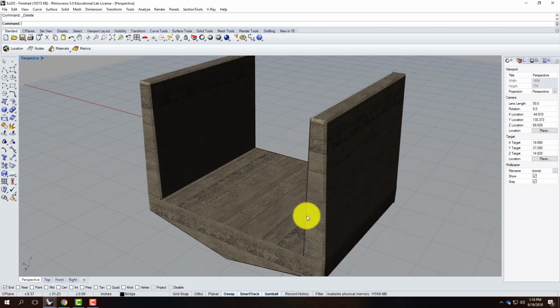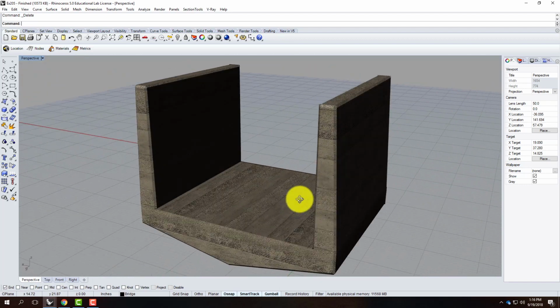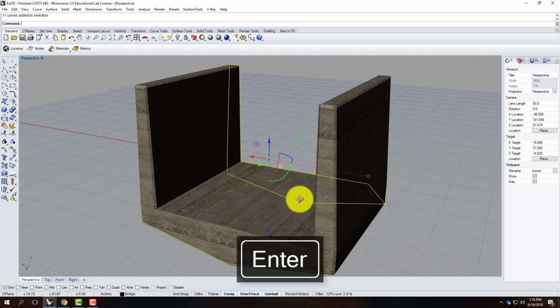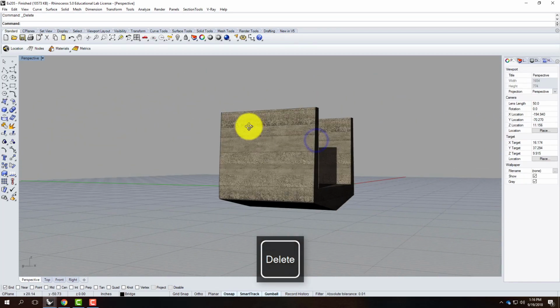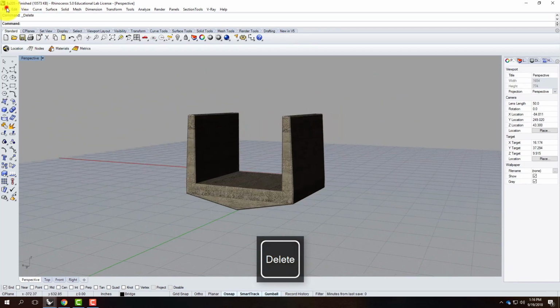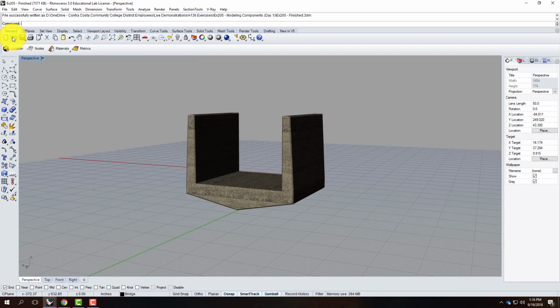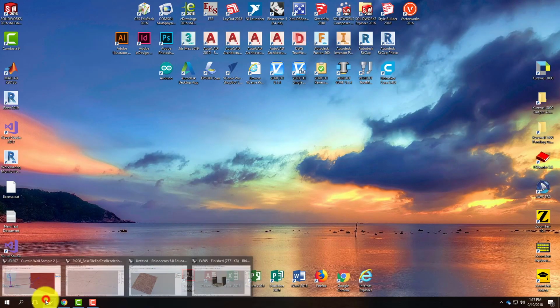There's probably a few other individual lines. I could do SEL line and make sure there's a couple lines. Those can go away too. All right, so that's done. I'll save it one more time. That's good. I'm going to go back. I will leave this one open. I'm going to go back to my